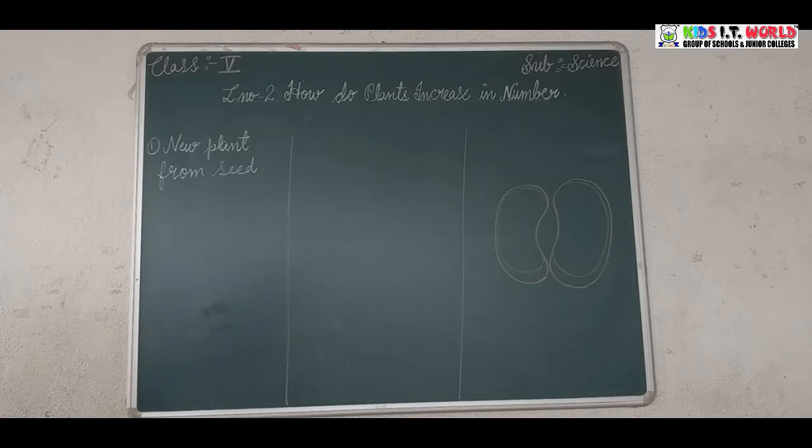Generally, seeds are found inside the fruit. You see in the fruit, for example, apple, there are 2, 3, 4, 5 seeds inside the apple and they are small. They are of different sizes, shapes and colors. In every fruit, fruits are different, so the seeds are also different. Then, parts of a seed.